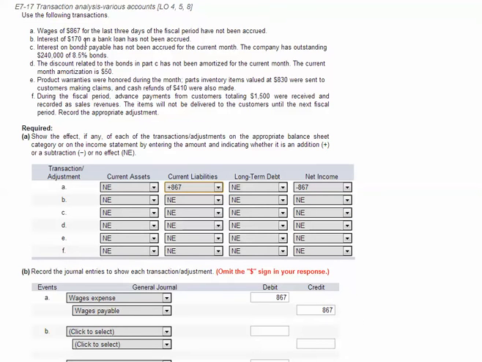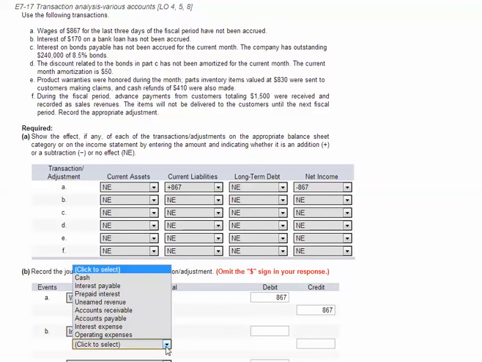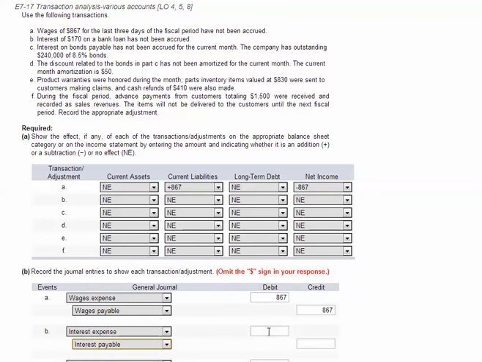Let's do B. Interest on $170 on a bank loan has not been accrued. So this is very similar. We've incurred the expense, but we haven't yet paid it. But we need to make our financial statements as reliable as possible, or as accurate as possible. So we want to go ahead and show that we've incurred that expense. So we will debit interest expense and credit interest payable for the $170. Now the other thing here, again, interest expense is going to decrease our net income and our liabilities, interest payable,